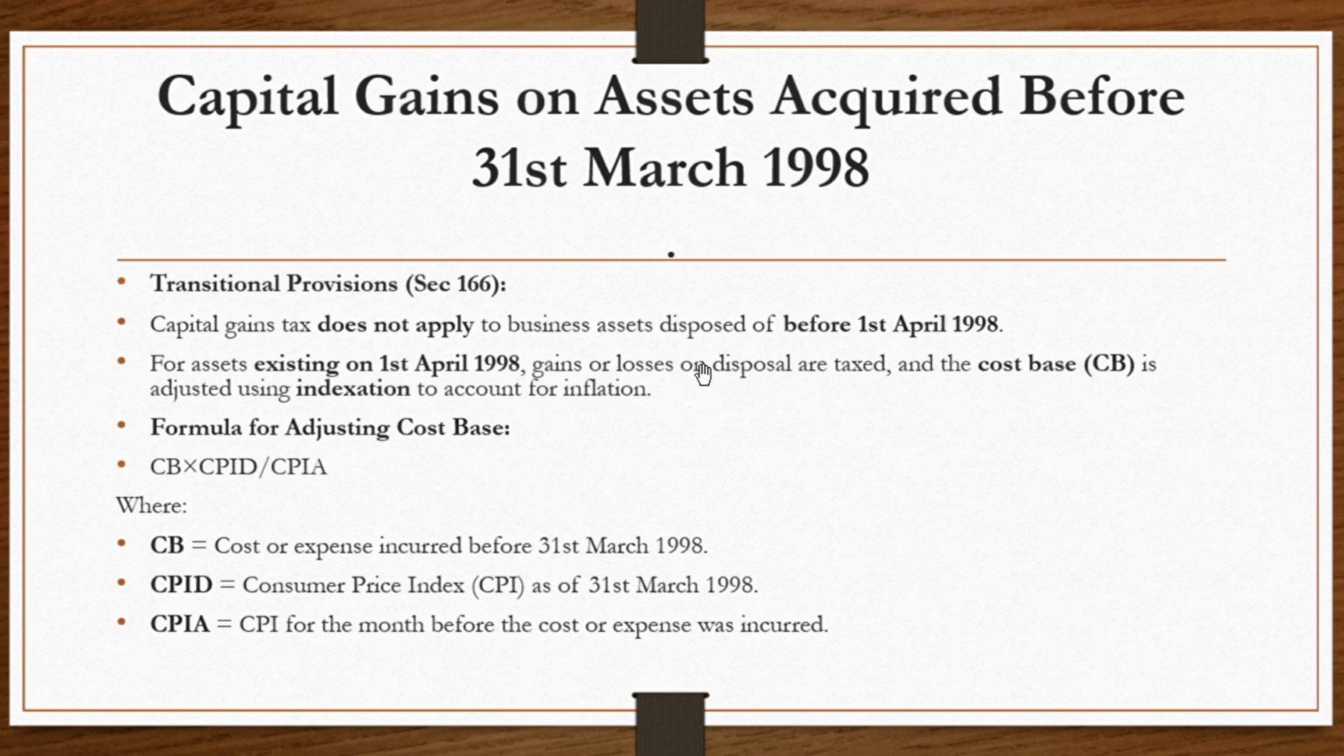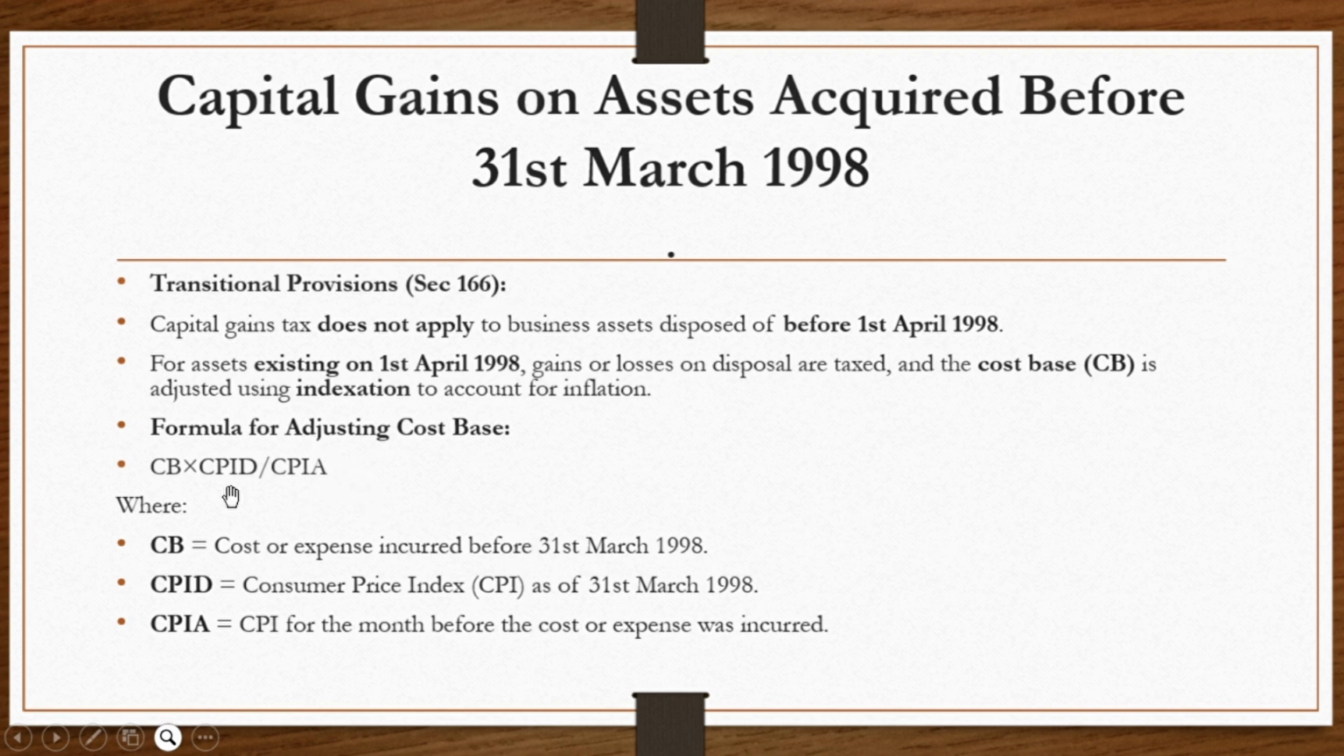For assets that existed before 1st April 1998, the gains or losses on disposal are taxed, and the cost base is supposed to be adjusted for inflation using indexation. So the formula that we use for assets that existed before 1st April 1998 and were later disposed of after that date: the cost base is adjusted for inflation using this formula: CB times CPID out of